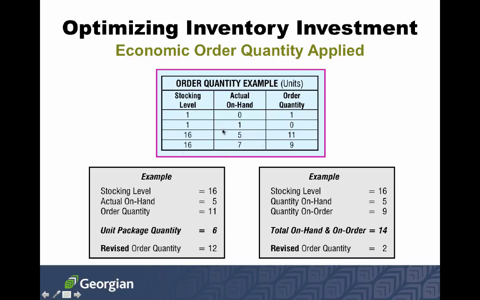11. That's obvious, but let's apply this third line under special circumstances, and these are some of the constraints that are often overlooked. This one here deals with multi-pack quantities. My stocking level is 16, my actual on hand is 5, order quantity is 11, yet I can only buy these parts in package quantities of 6, so my revised order quantity is 12, and I have instantly one piece